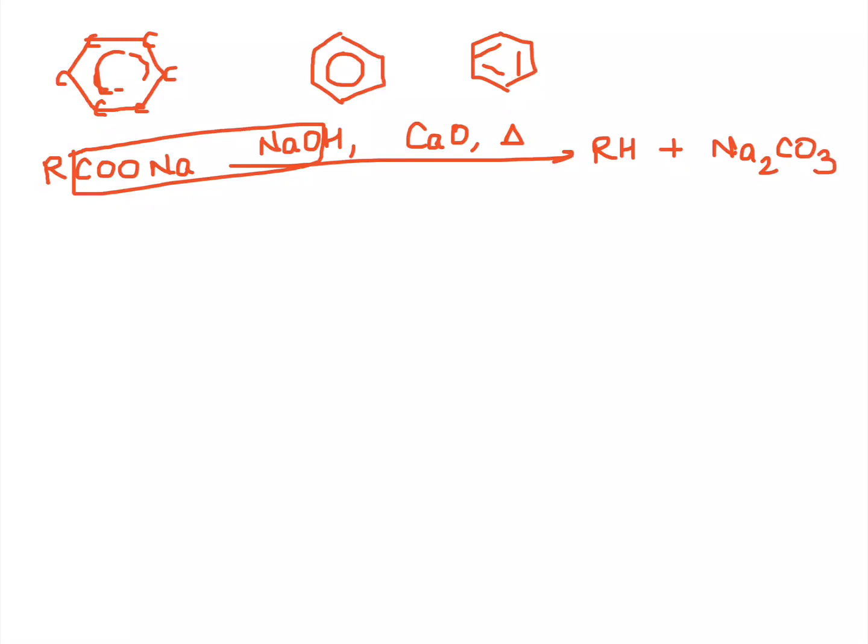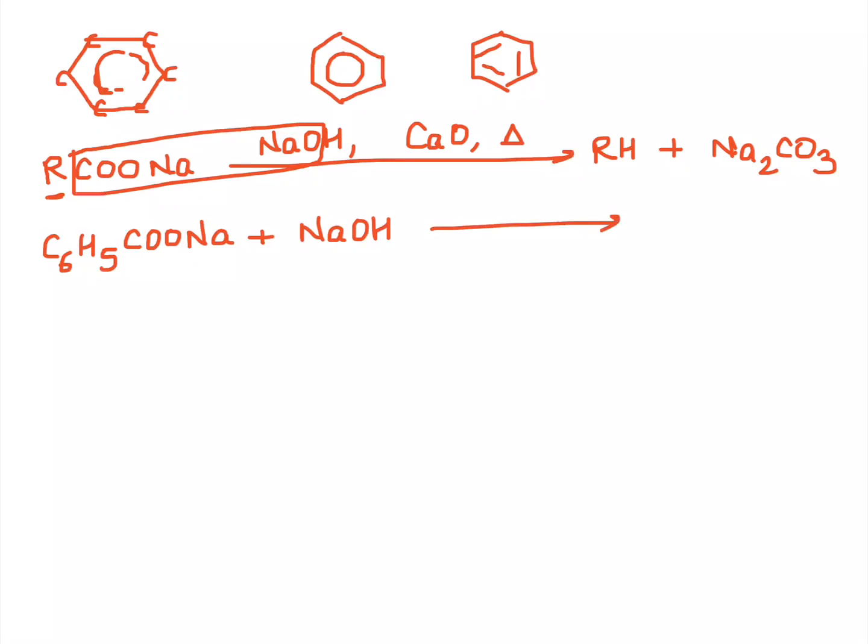Working on the same fundamental, what do we have here instead of R? In aromatic compounds, we write it as the aryl group. Aryl group means where one of the hydrogens is missing. So it's kind of C6H5 when I have to prepare benzene. So not making things very complicated for you, we'll have C6H5COONa. Yes, very good. And the rest is very, very easy.